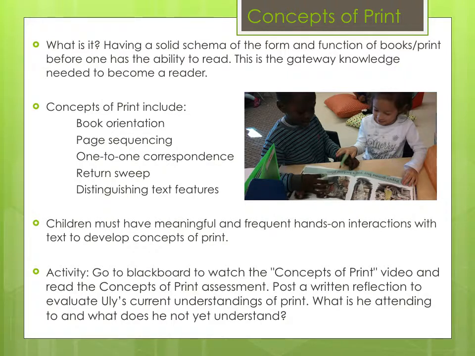This child won't know that no matter which book she picks up, the book has a consistent function to carry meaning or a story and a consistent form, that it always reads from left to right and always has the same direction moving with the pages. So children really need to have many purposeful and frequent interactions with text and have features of text pointed out to them repeatedly in books or environmental print around the community to help them develop a solid foundation of how print works. This goes right along with schema theory.